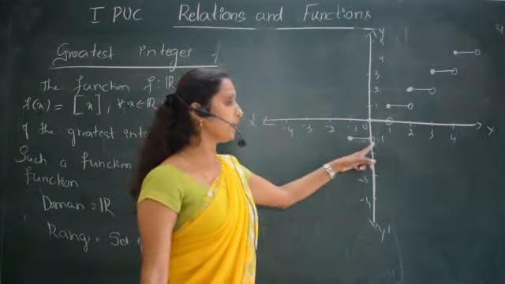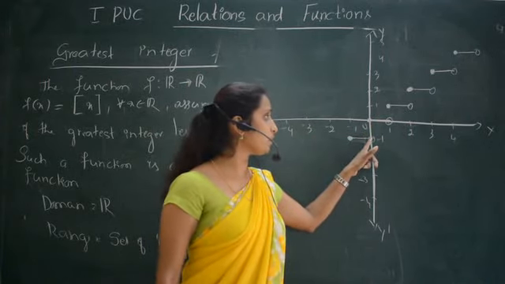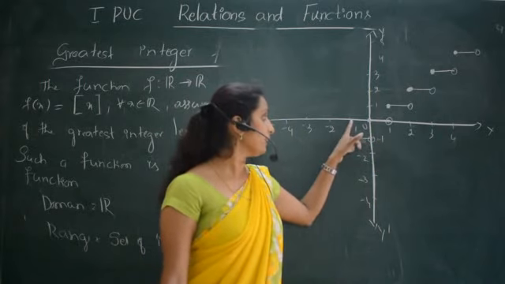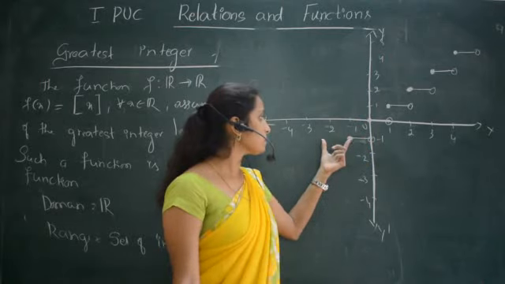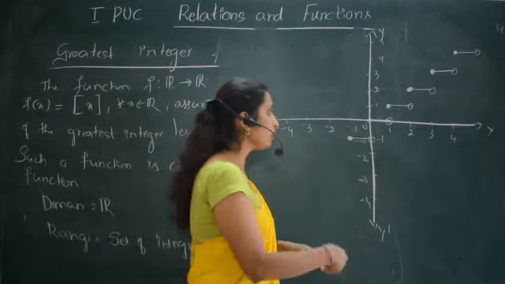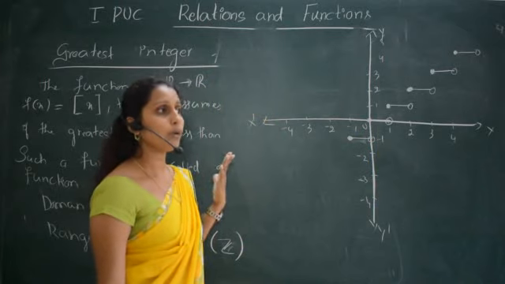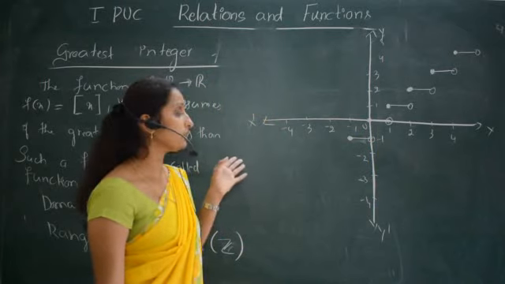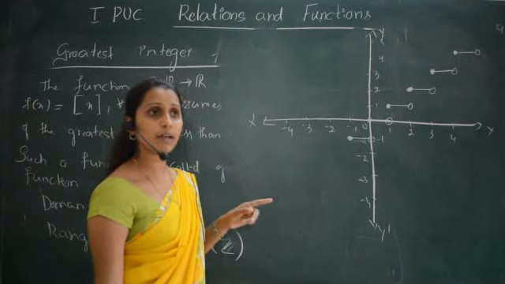Why is it excluded? When it is 0, it is 0 only. So this point, what is that point? 0, minus 1. So minus 1 is not, so this is excluded. But till minus 1 and here, the value will be minus 1 only. Then when it is minus 1 only. So all the other values, minus 1.1, minus 1.2, minus 1.3, minus 1.4, up to minus 1.999, the value is minus 2 only.